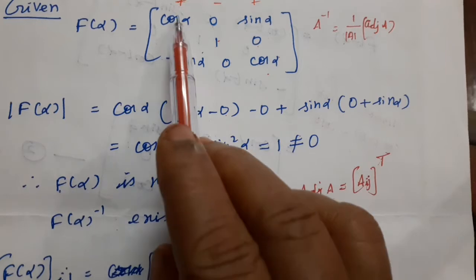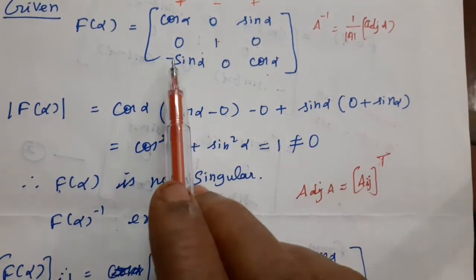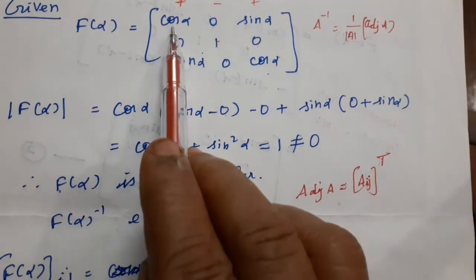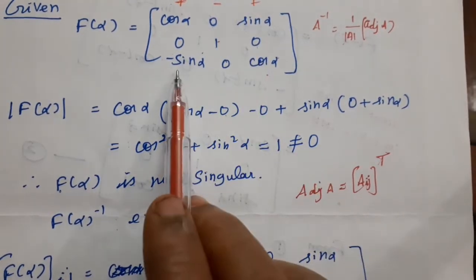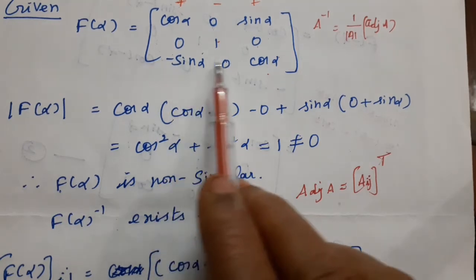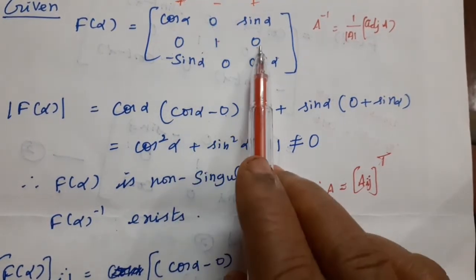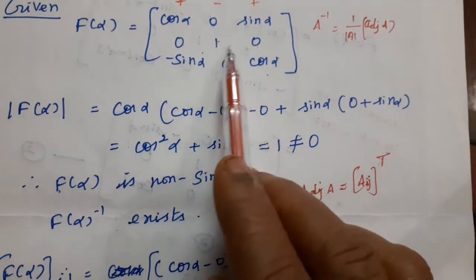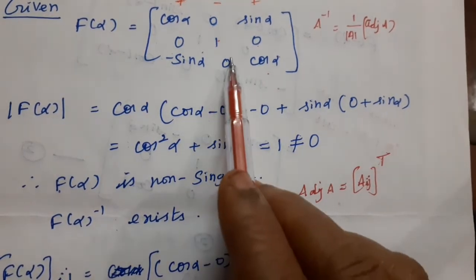Similarly, you find the third one. Third one is what? Plus minus plus, again minus plus minus, again plus. Now you leave that a21. This is what? a11, a12, a13, a21, a22, a23. Again my a31. So the minus sin alpha, this column is left as well as row is left. 0 into 0, 0, minus 1 into sin alpha, 0 into 0, minus up, downward, minus upward, 1 into sin alpha, minus sin alpha.